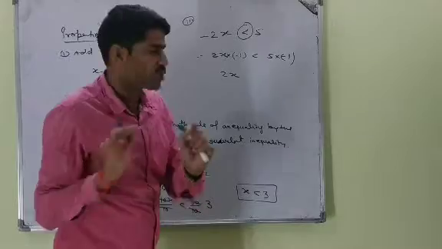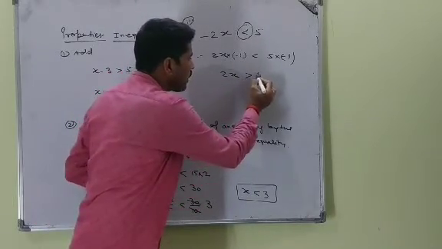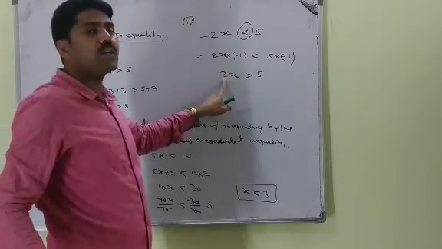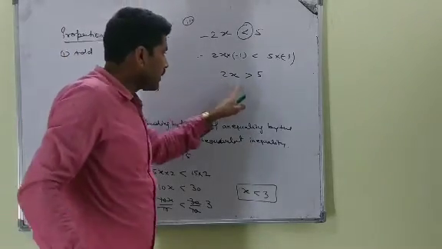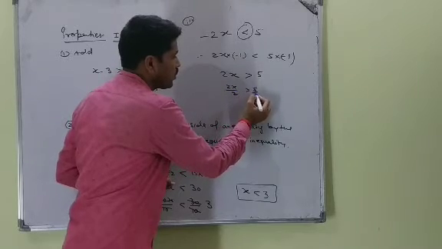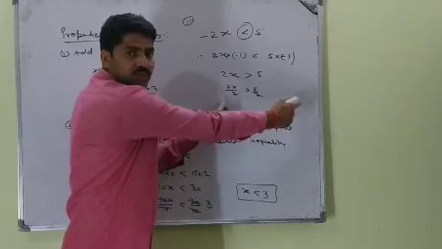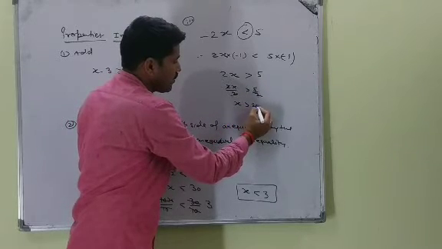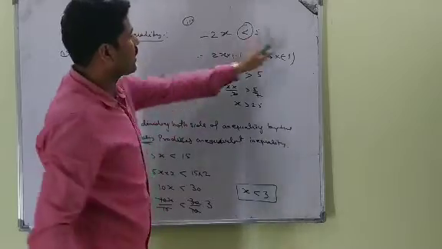Inequality sign will be reversed. Okay? This is what? 5. So now we got the value of x. What is here? 2. We will divide both sides by 2. 2x upon 2, 5 upon 2. Same operation we are applying, same number we are applying. So 2 cancels. x is what? 2.5. But it is not clear what x is.